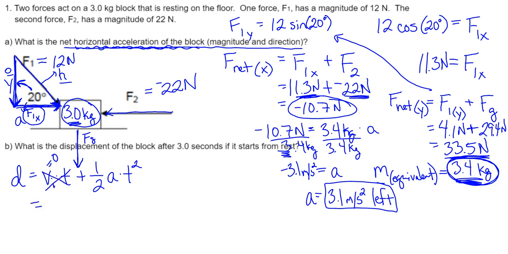So we're going to plug in what we know. 1/2 times our acceleration we just found. Actually, it's negative 3.1 meters per second squared, because it's going to the left, times our time squared,